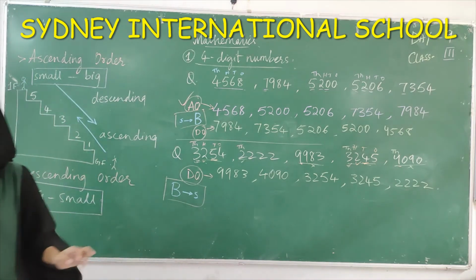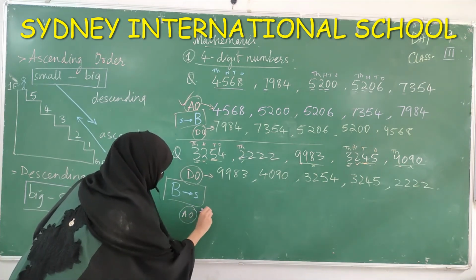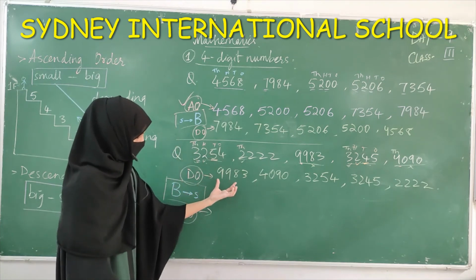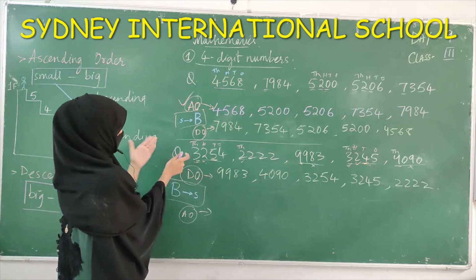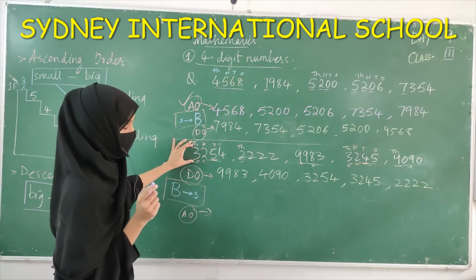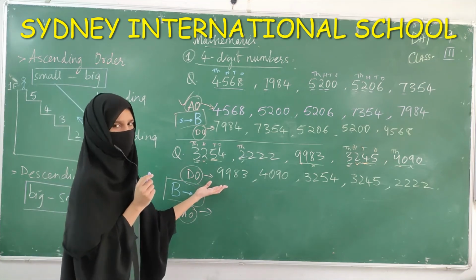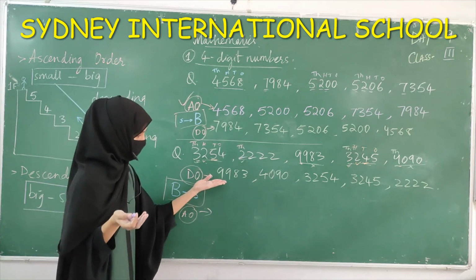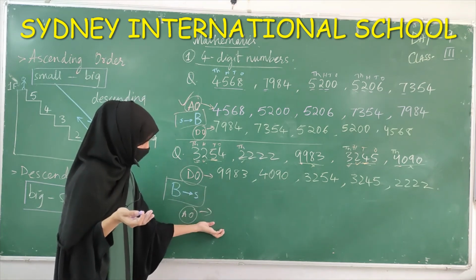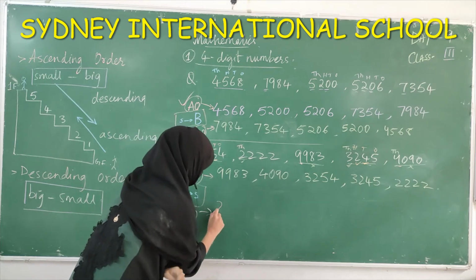Ascending, how to change into ascending? Same question, just like we did here. Here, all the numbers were in a mixture. The question that I wrote is in mixed form. That is why we had to look at each number. Here it is just a little bit of common sense. Here we already arranged from big to small. So if I tell you to write the same thing in ascending, that is small to big, you will just write it in reverse.